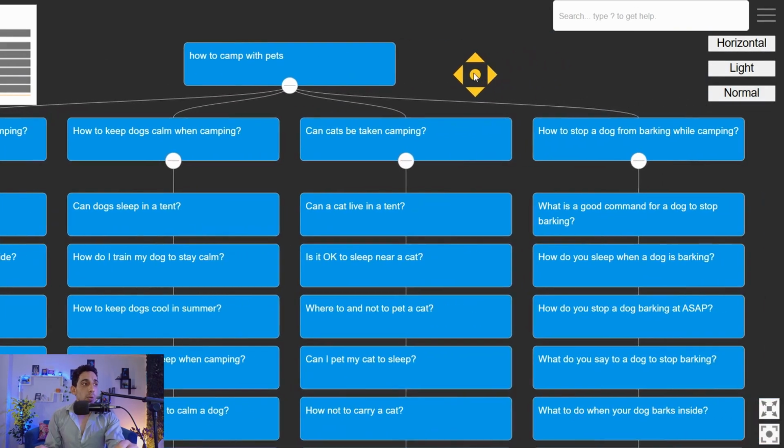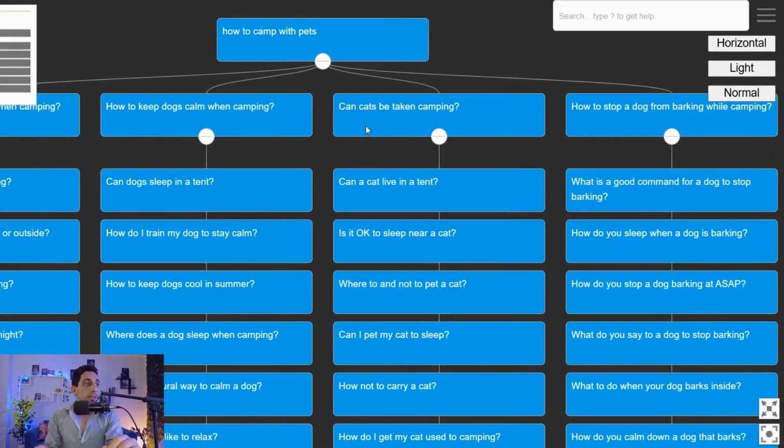So for example, here if you want to create an ebook, for sure I just want to focus only on this one, likely for dog. How to keep dogs calm when camping. So simply here we can take some examples like these questions, okay, and just copy, Control C, and now it's time to build your own ebook specific for this specific micro niche.